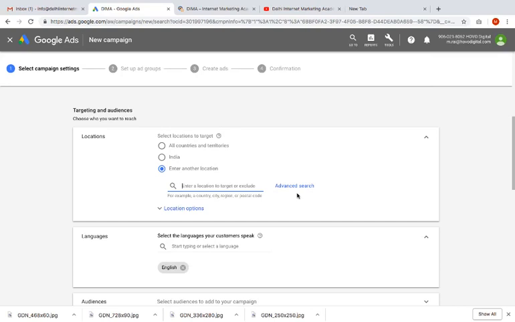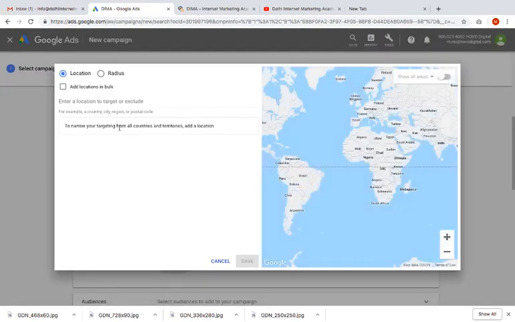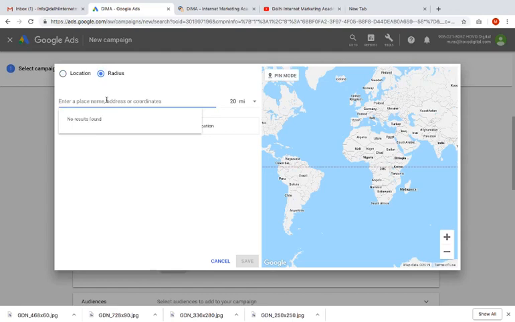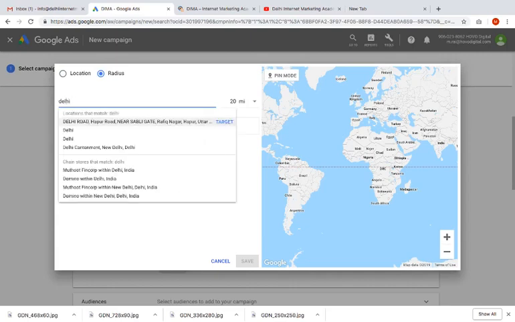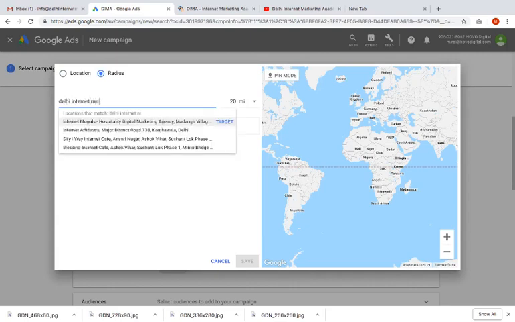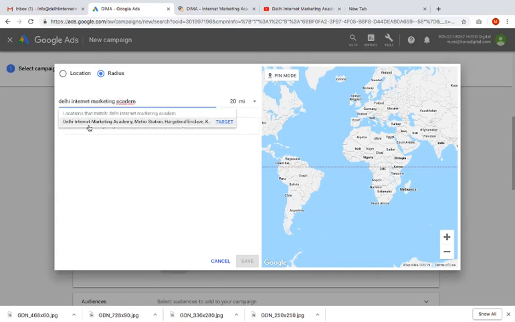One of the good things that I really like about Google AdWords is that I can also do location bulk targeting. Like I can put in multiple pin codes here or the location, the region, postal codes here and select that kind of territory. If I want to go it further narrower to a particular region, for example, if I say I want to be able to have my ads running in around my academy, so I'll just put in my academy name here and you would see it appears right there and it says target. So click on that,